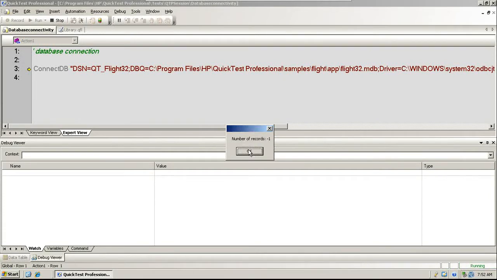1, number of records, 2, 3. How many times will it come in total? Anyone? Any guess? It depends on the number of orders. How many orders do we have? We have 17 or something, right? I have shown you sometime. It depends on your database. You have to click OK.